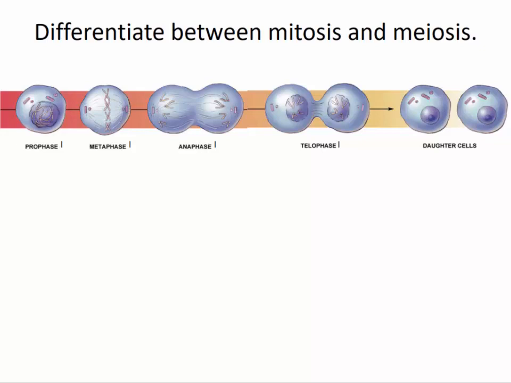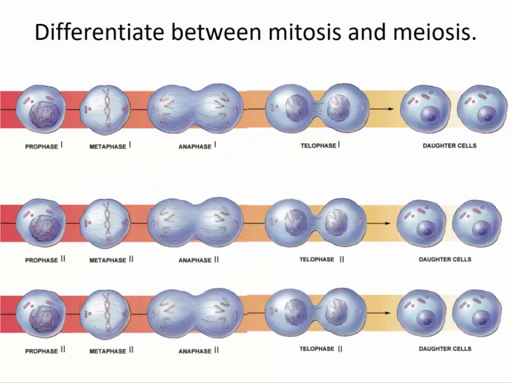To relate back to what we saw in terms of mitosis, meiosis 1 also has 4 subparts: prophase 1, metaphase 1, anaphase 1, and telophase 1. You end up forming 2 daughter cells, as we mentioned, each with 23 chromosomes. Those 2 daughter cells then go through prophase 2, metaphase 2, anaphase 2, and telophase 2, and you end up with 4 daughter cells, each with 23 chromosomes. In the case of males, you end up with 4 non-identical sperm. In the case of females, you end up with 4 non-identical cells as well, but it's slightly different.